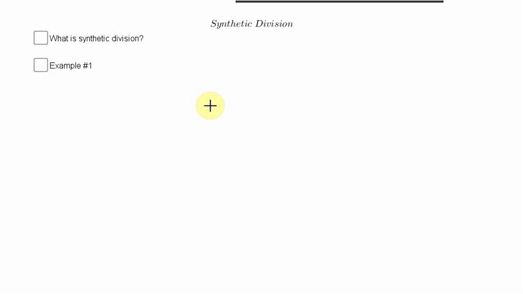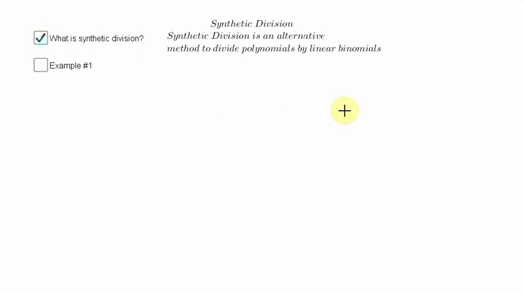First of all, what is synthetic division? Synthetic division is an alternative method to divide polynomials by linear binomials. Let's recall that polynomials are equations or expressions with many terms, and binomials are expressions or equations with only two terms. In this case, a linear binomial means an expression with two terms where the variable has an exponent of